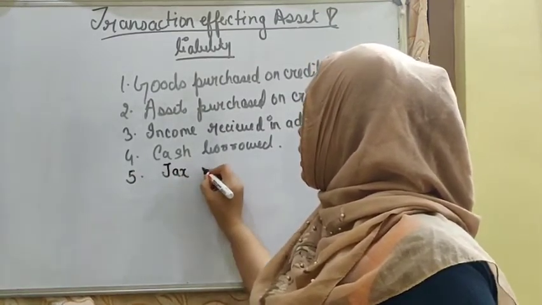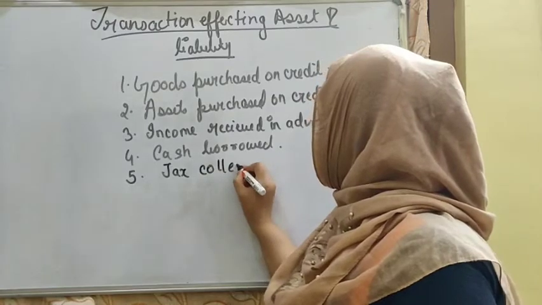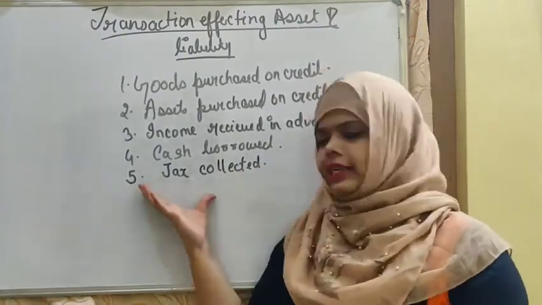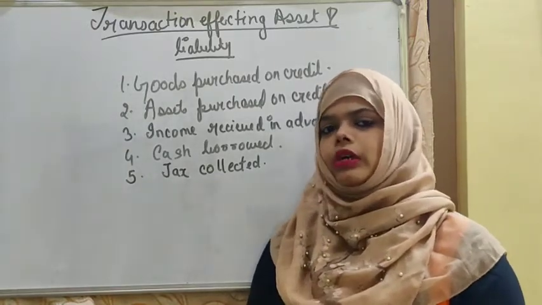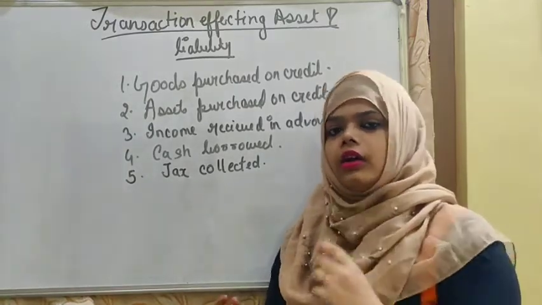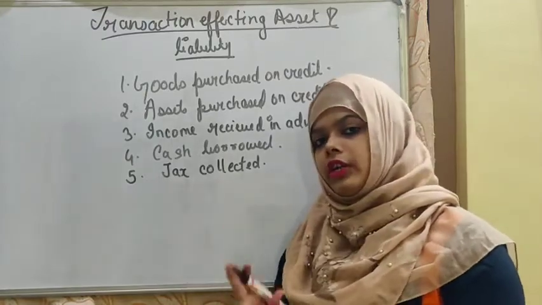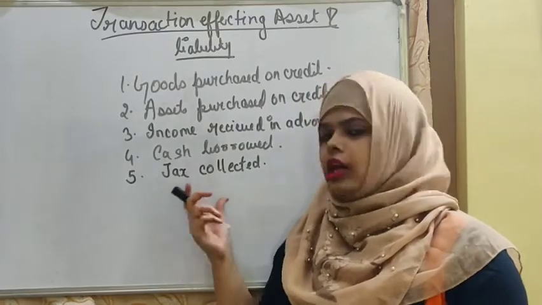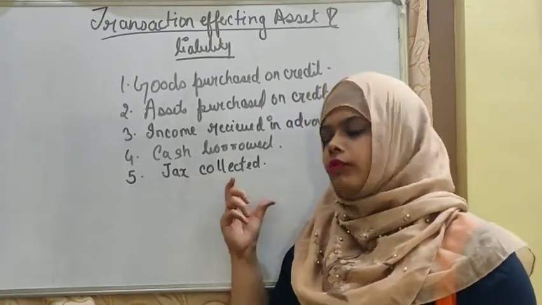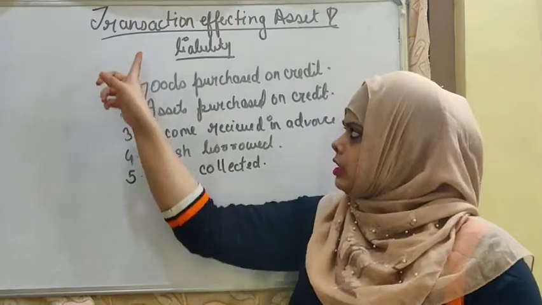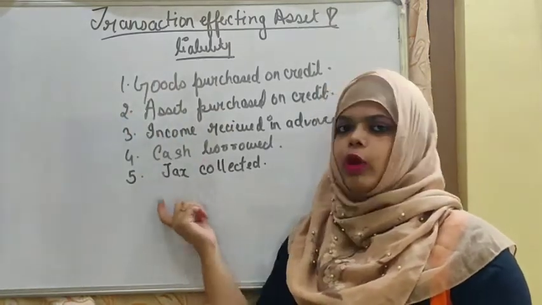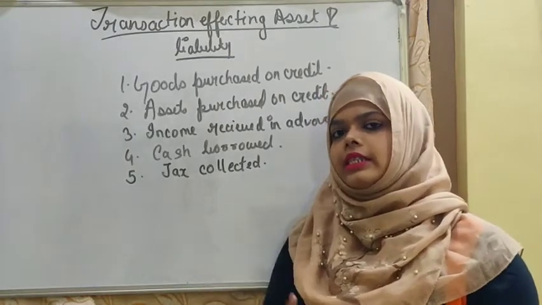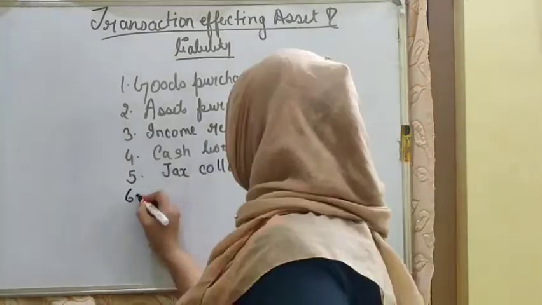tax collected. Now, tax collected, it is very complicated to understand the tax and the tax generation and valuation, but tax collected here comes under the collection of cash. Tax is one kind of asset to the business, whereas tax belongs to the liability part of the business. So it has both the effect of asset and liability in an accounting equation.